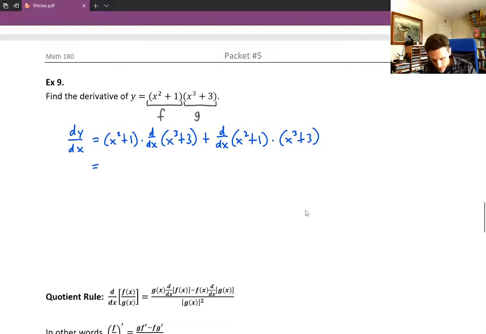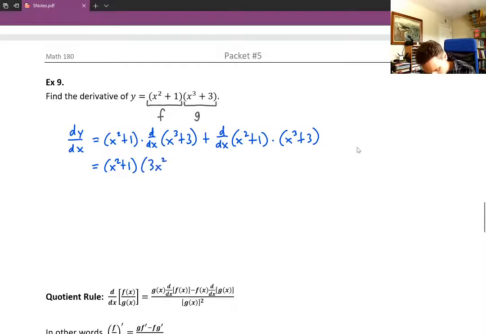Now, what I'm doing here is I'm procrastinating and taking the derivative of those littler functions. I could just go ahead and take the derivative of x cubed plus 3, and that's totally fine. That's eventually what you want to do. But since we're just learning the product rule, I wanted to show you step by step how you would do it. So now let's go ahead and take the derivative of x cubed plus 3, which should be